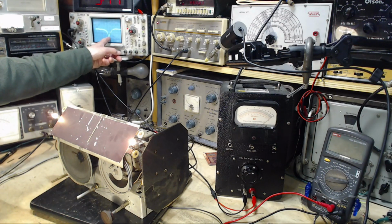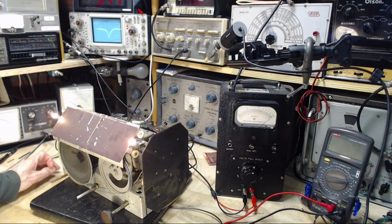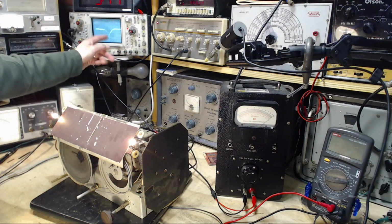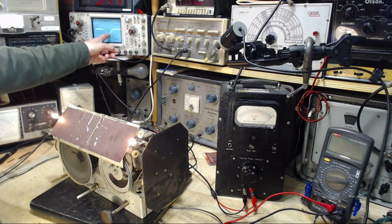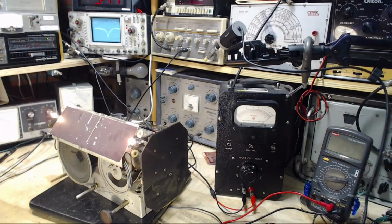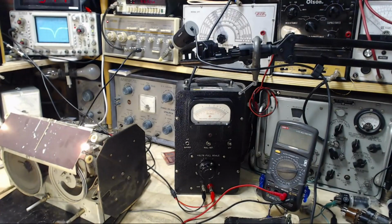A couple ways to do that. One is I can introduce a 455 signal, and we can look at it and see where it is on here. It's a little tricky, but we can find it and prove what this point is. And you know what? That's the most certain way of doing it. And since we're all about certainty,